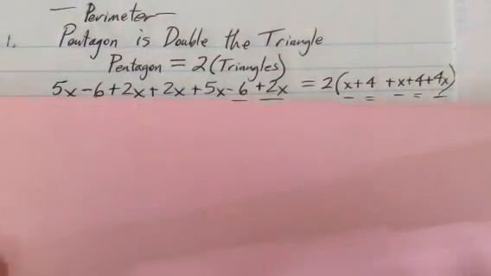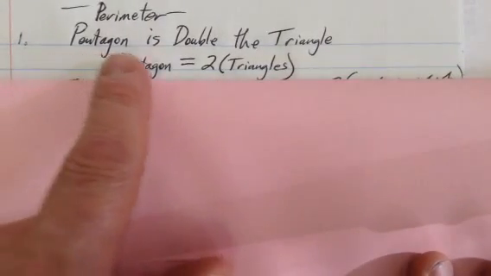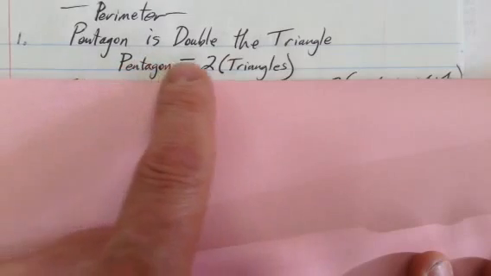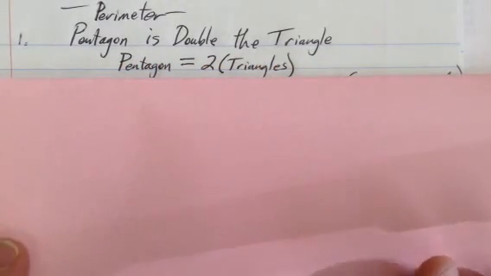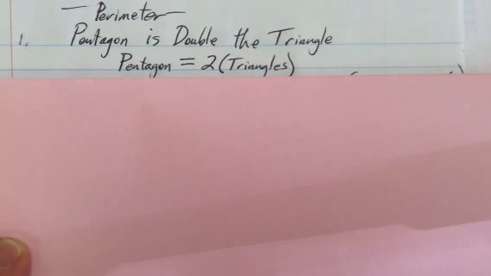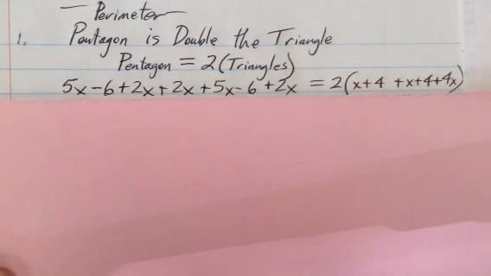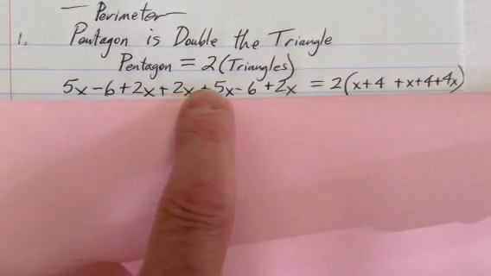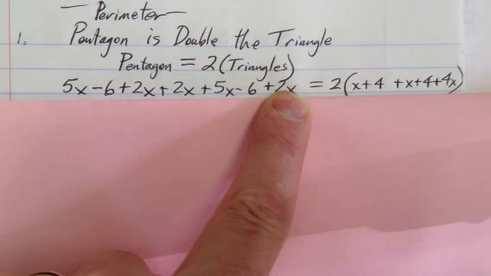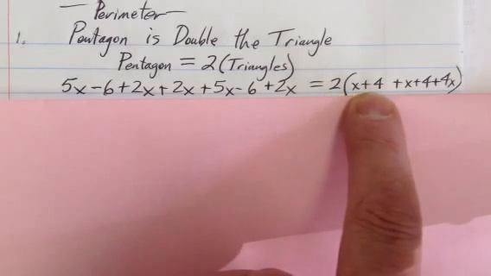As you work this problem, you need to realize this sentence is true. The pentagon is double the triangle. So if we put this in equation language, the pentagon is equal to 2 triangle when we're talking about perimeter. So if we go around each of these and add up all the sides, that's what I did over here on the left, that's the pentagon. Look at your paper, these are all the pentagon sides. And over here I have 2, and then I did the